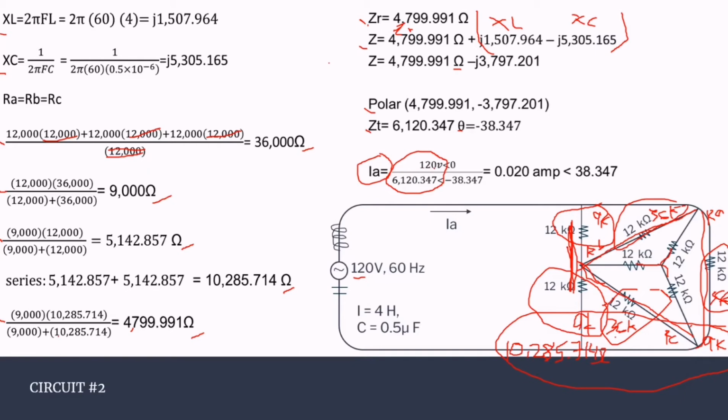So 120 volts divided by 6,120.347 is equal to 0.02 ampere. And for the angle, we're going to subtract them. So 0 minus negative 38.347 is equal to